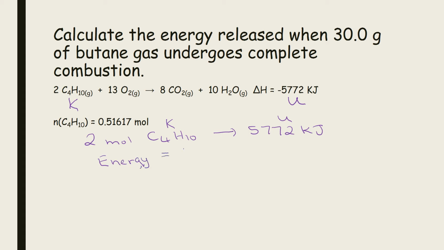So that was unknown over known times what we know, the number of moles of C4H10. So in this case, the unknown is 5,772 divided by our known, which is 2, times our moles, which is 0.51617, and this equals